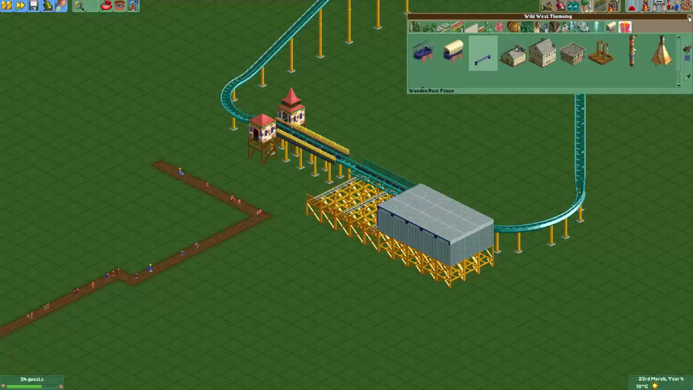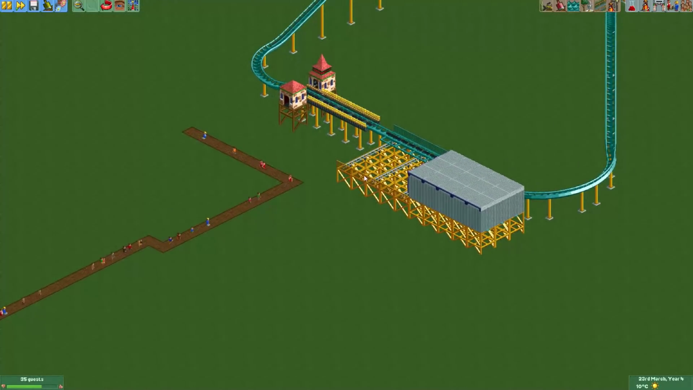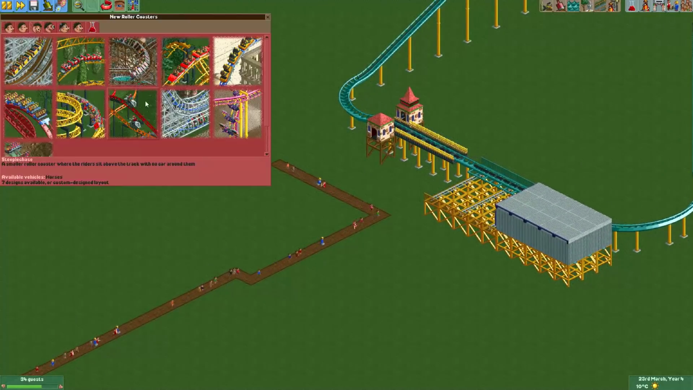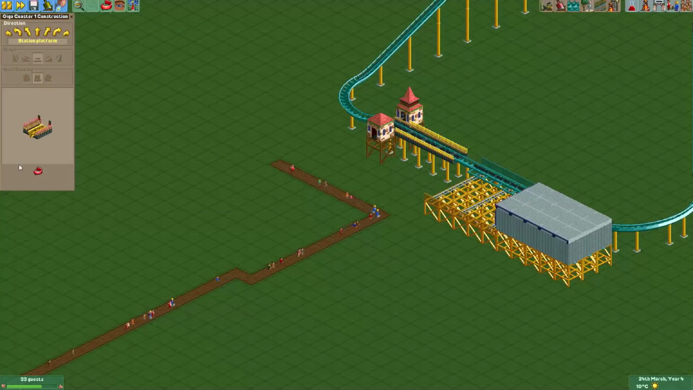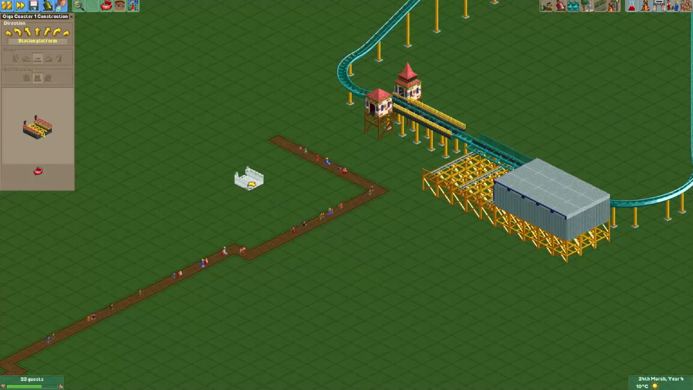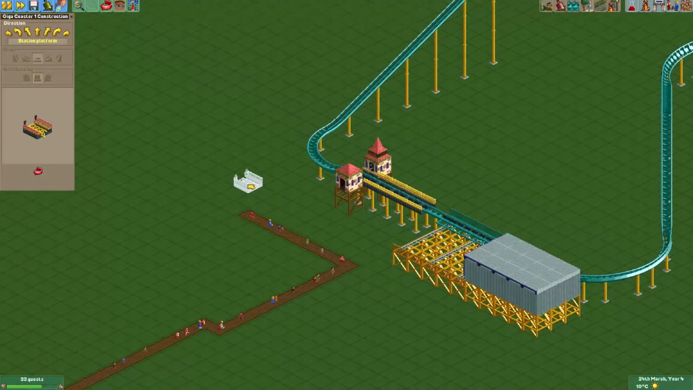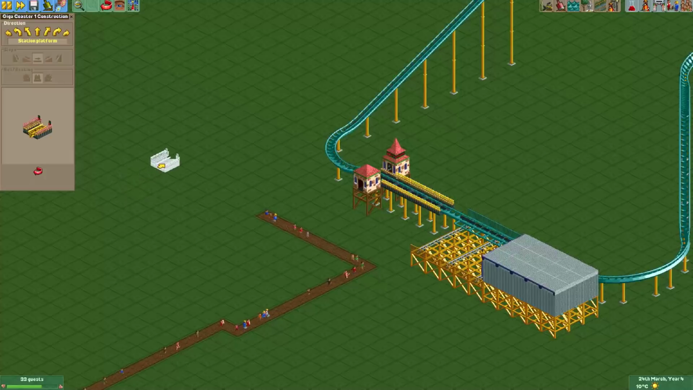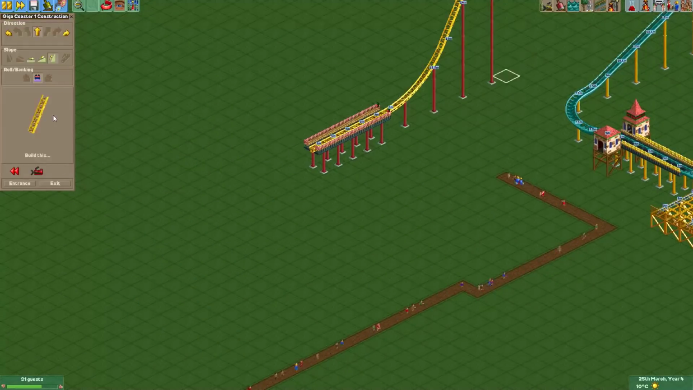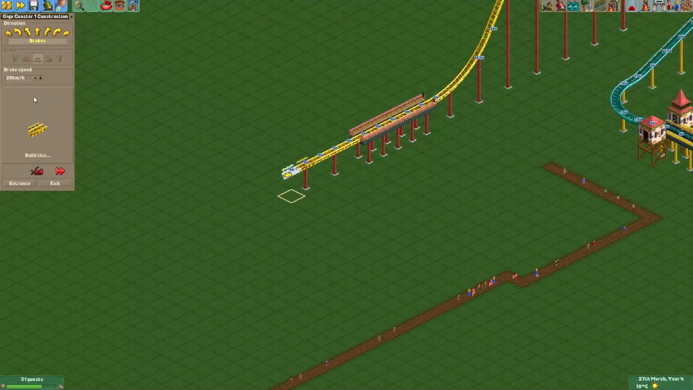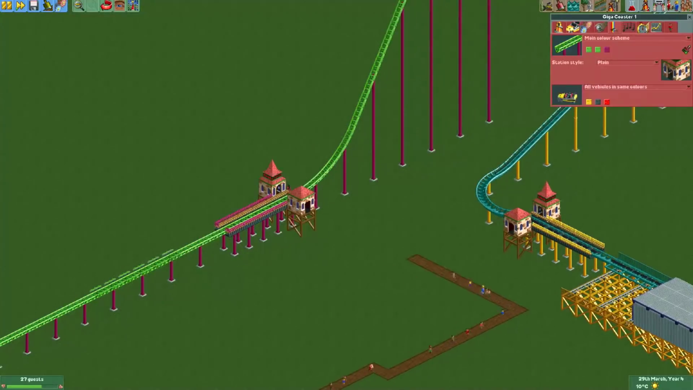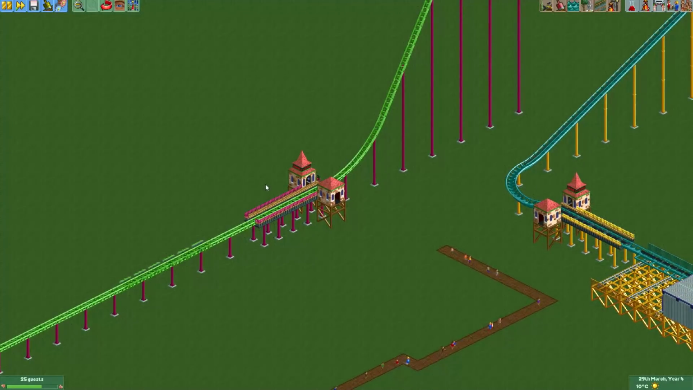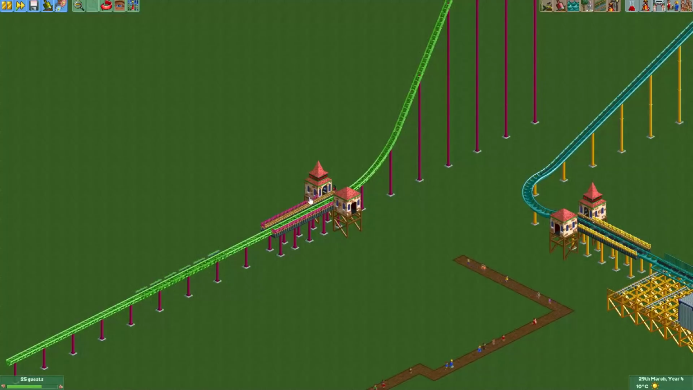Alright, I will now show you another example, something you'll also find quite often on the coaster. For this example I'll use a Git coaster, and I will now just build the beginning and end of a roller coaster. Alright, here I have made a Git coaster, and